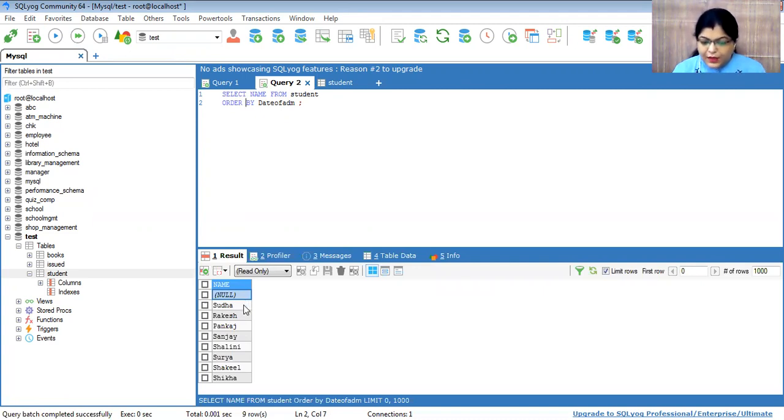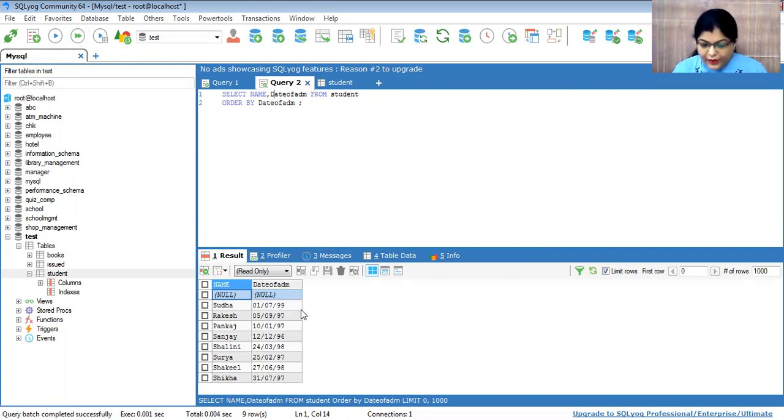So order by date of admission. The answer comes Sudha, Rakesh, Pankaj, Sanjay, Shalini, because I want only the name. If I want the name as well as their date of ADM, I just write date of ADM here, which means two fields.